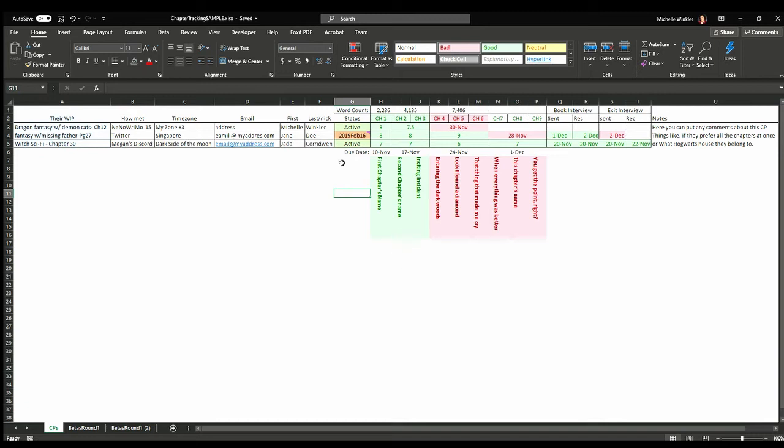Okay, so down here, the due date, that's the date I'd prefer to have the chapters back by. That way I know when I'll be done with betas, when I can start editing. If it's my last round of betas, when I can be ready to send it out to my editor. There's a lot of steps in the publishing process, so this helps me keep on track. I also put this date on the file name, so it's